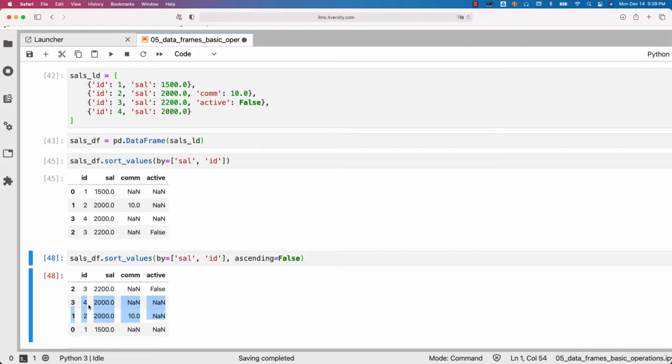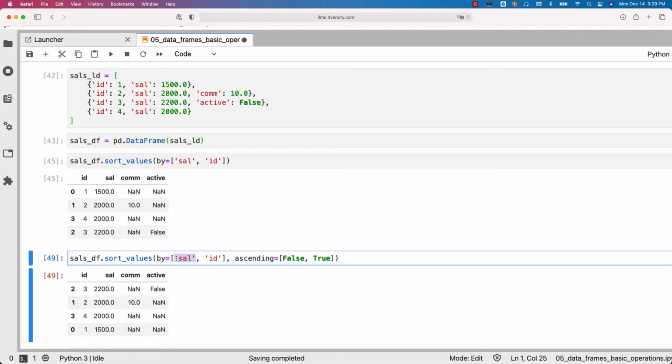If you want to switch that to ascending order by sorting in descending order when it comes to salary, and then by ascending order when it comes to ID within each salary, this is how you can specify. So the order will be applied on the corresponding column which is specified as part of the by. So this is how you should be able to perform composite sorting using sort_values on multiple columns.